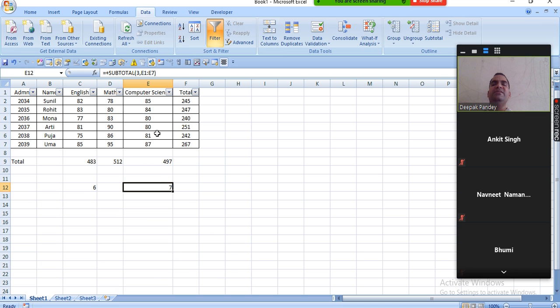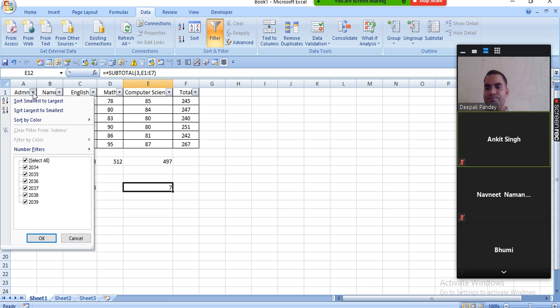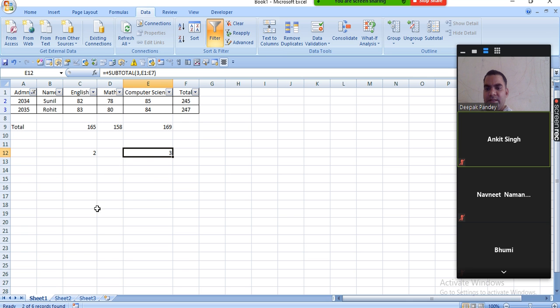Count means it gives the count of cells. Okay, it gives the count of the number of cells, right? So it is now 7 visible. Okay, let's make the changes in the filter.